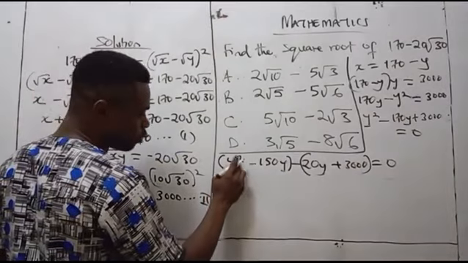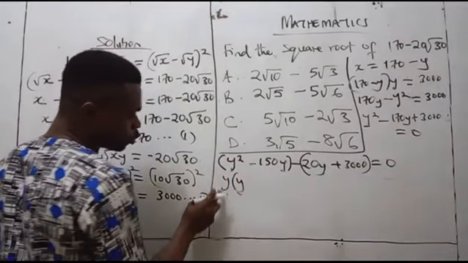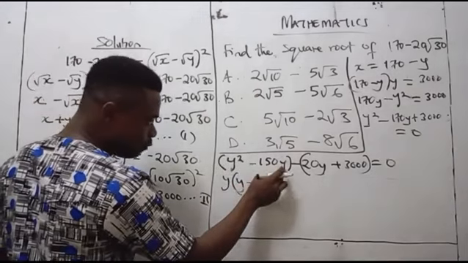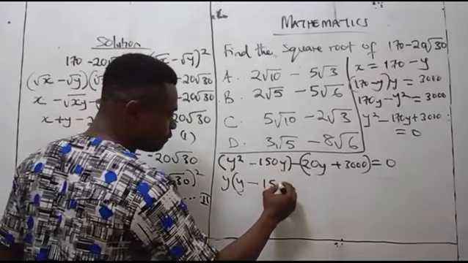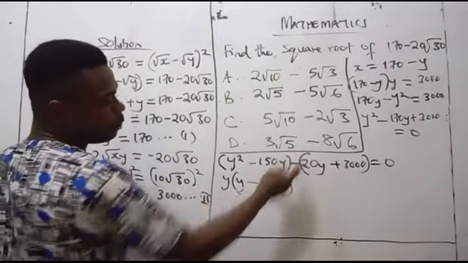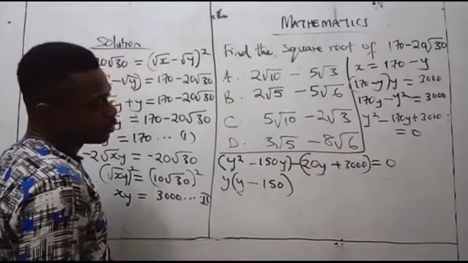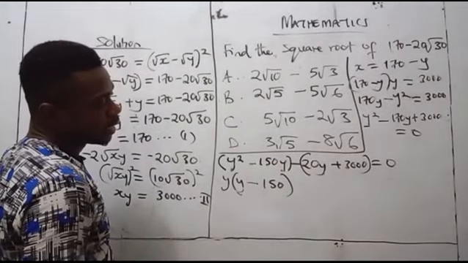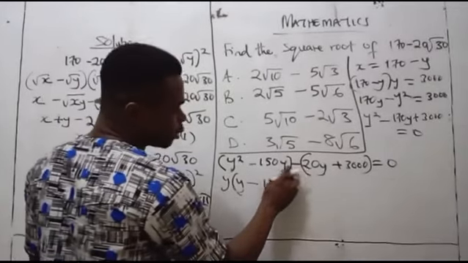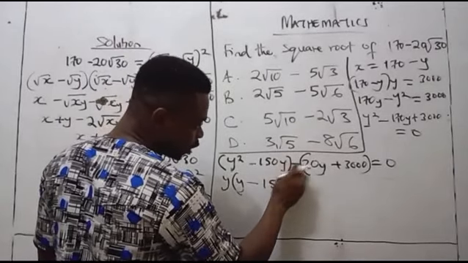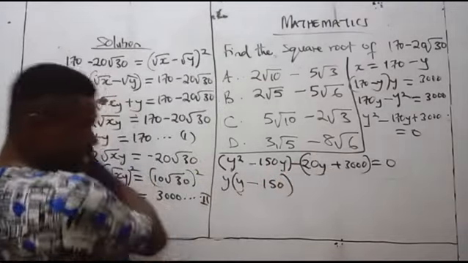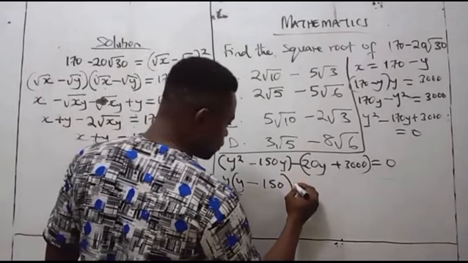Y will come out. So what we have left here is Y, because Y times Y is Y squared. Then that's minus here. If you bring out the Y here, we have 150, bracket closes. So here, what can we bring out? We can bring out minus 20. In as much as I close this, the minus belongs to this 20. So if we bring minus 20 out, we have minus 20